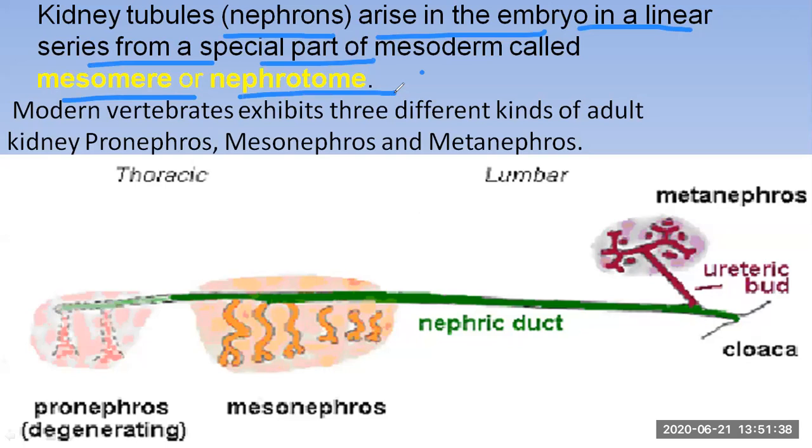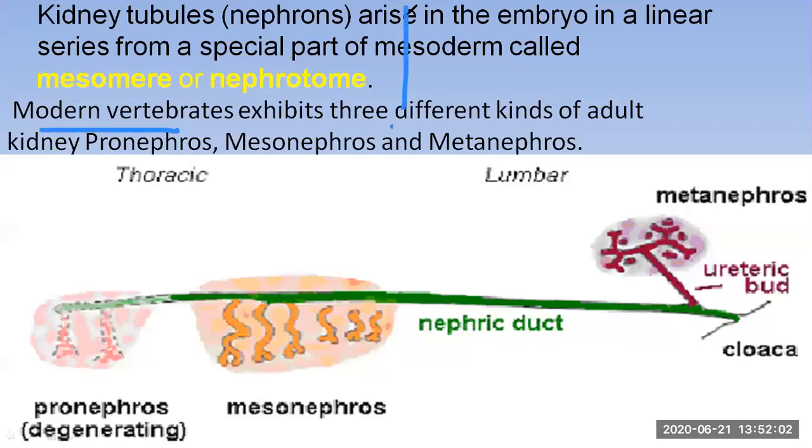So the nephrotome is basically found in the metanephric kidney. The kidney is derived only from the mesoderm or mesomere, also known as the nephrotome. And modern vertebrates exhibit